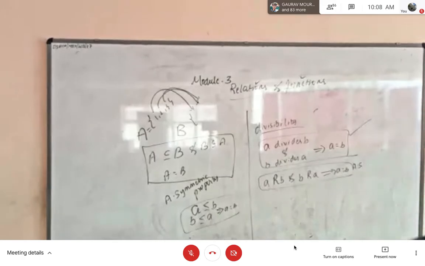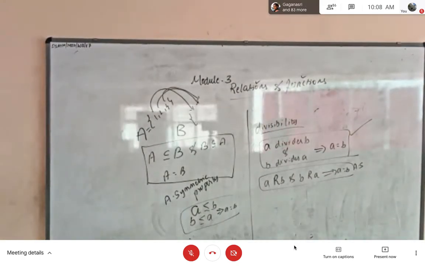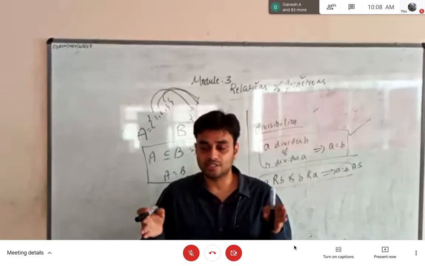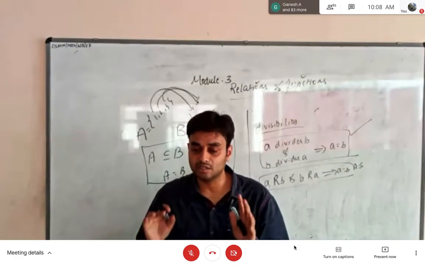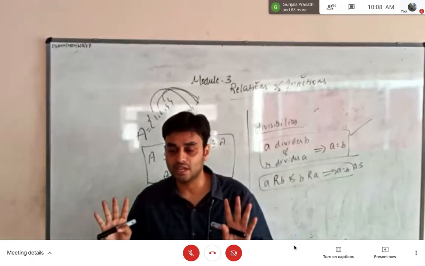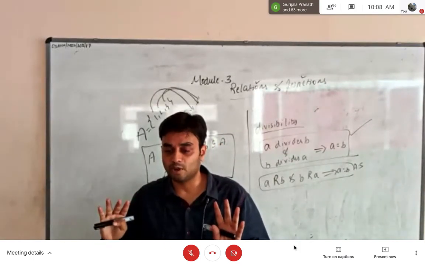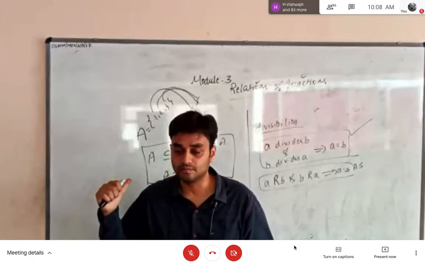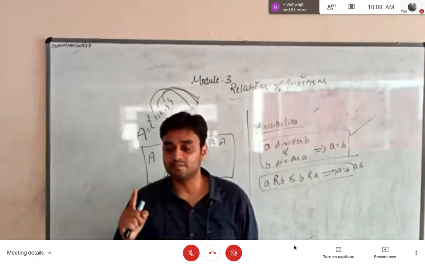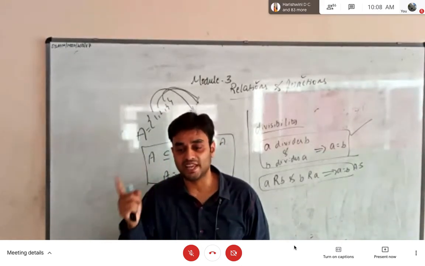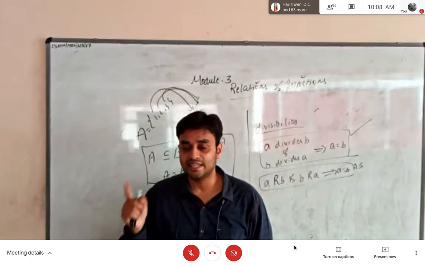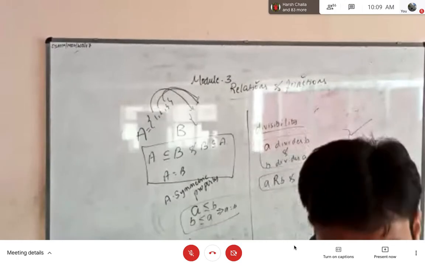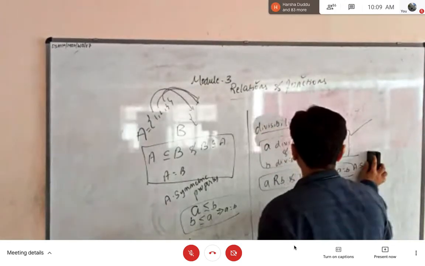Okay. See, what I am trying to conclude here is very simple. Whenever I have to prove LHS is equal to RHS, you will have so many theorems. In all the theorems, you have to prove LHS is equal to RHS. So in order to solve those kinds of problems, I will be using this antisymmetric rule. For all the theorems, I will use the same rule. And what does the antisymmetric rule tell? The antisymmetric rule tells that if some relation exists between LHS and RHS and vice versa, then they will be equal. So now we have understood the antisymmetric rule.